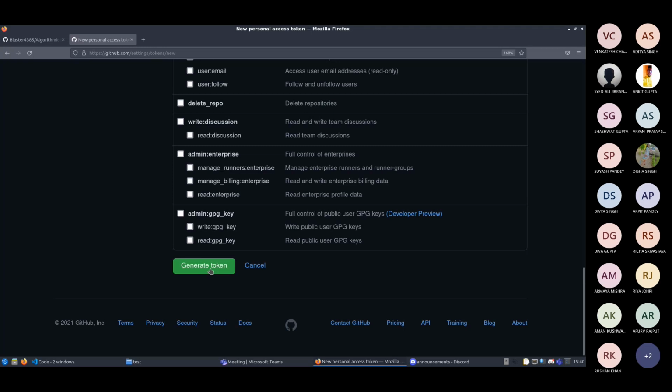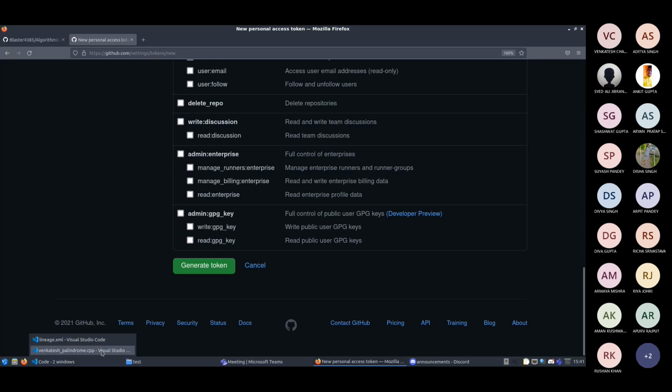Now, one thing to make very sure is it will show the token only once. Once you click on generate token, it will show you a token. You have to copy it and keep it safe because you cannot access it again, and you will have to create a new token if you forget your token or misplace it. So do not misplace your token at any chance. So has everyone understood how we create personal access tokens? Yes. Okay, so basically, I don't think it is a very good idea, but Git did remove password authentication, so we have no choice but to use personal access tokens.